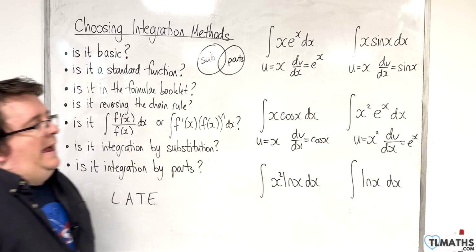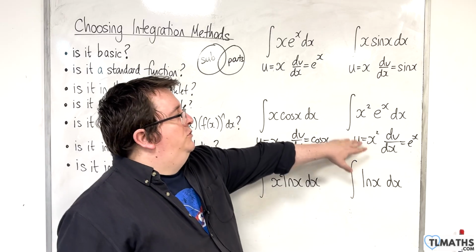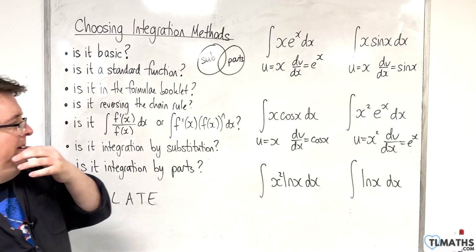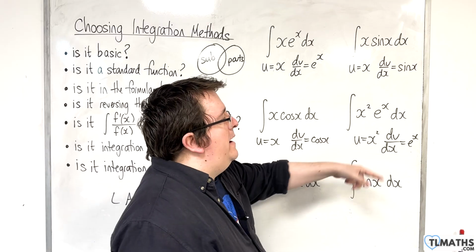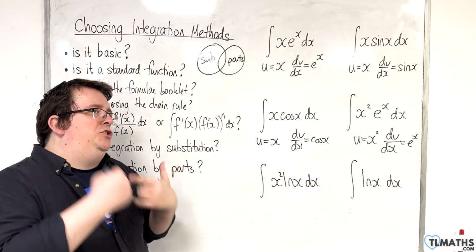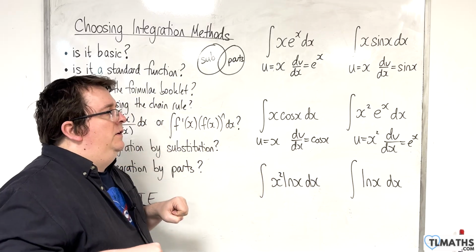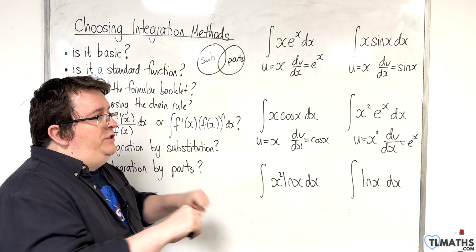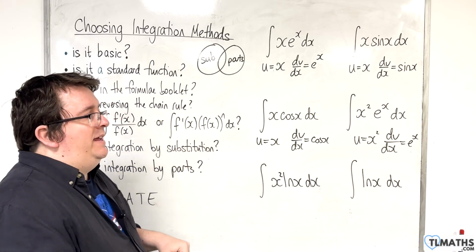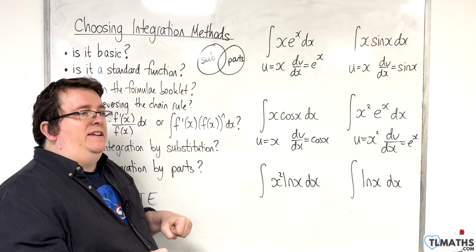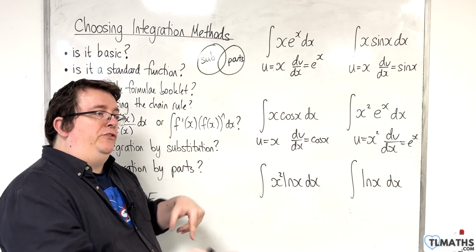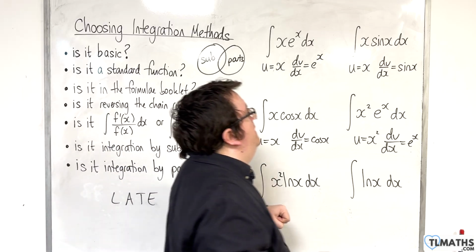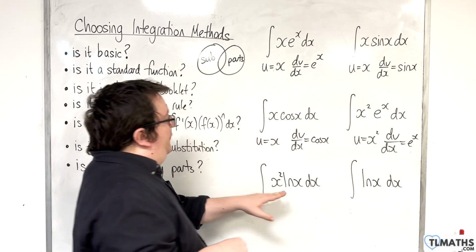And the reason why this is going to go through two steps, two cranks of the handle of integration by parts, is because the u is x squared. And what happens is that each time you crank the handle, the integral gets simpler. So you differentiate it, you're going to get 2x, but you're still going to end up with an x e to the x inside your integral, so you've got to crank the handle again, and then you get down to e to the x. Whereas here,